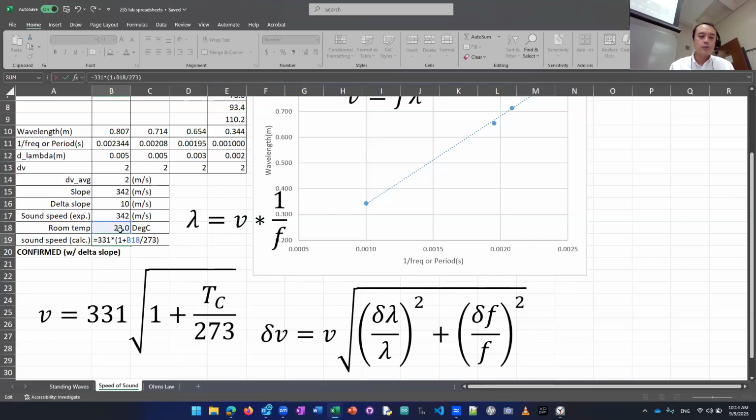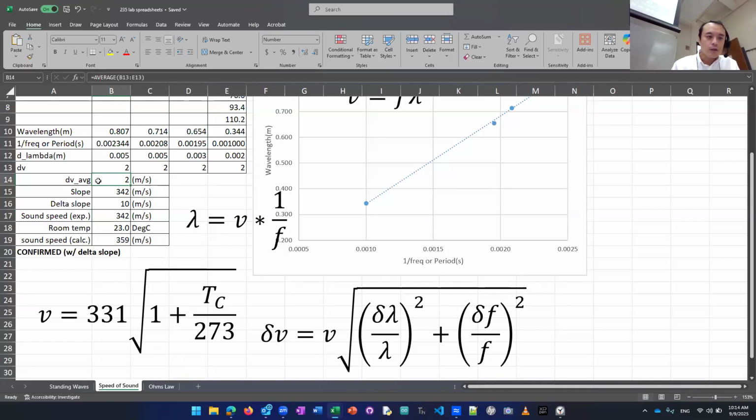273. Okay, divide by 273 or multiply by that small number. And that's the room temperature, which you can change to 25, but I collected these data with 23 degrees C room temperature. So I won't be changing that. So you hit that, you calculated the speed of sound. And here is the speed of sound that you got experimentally. So between the two, let's see, delta V. So the delta V is,